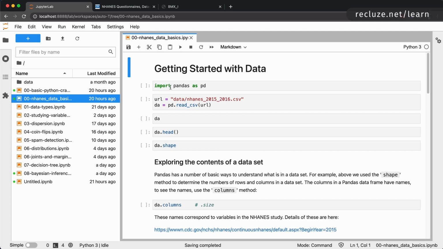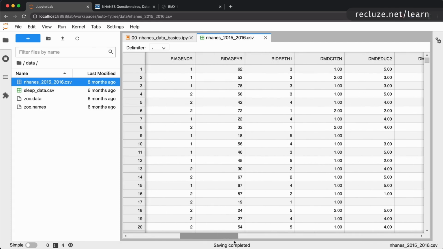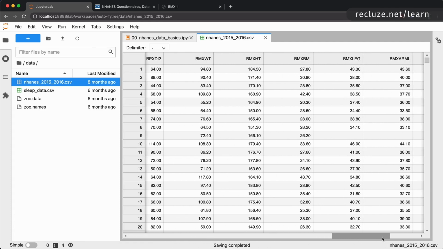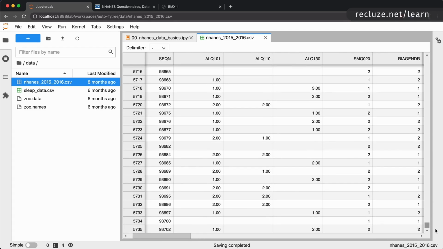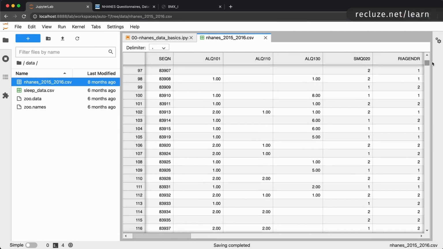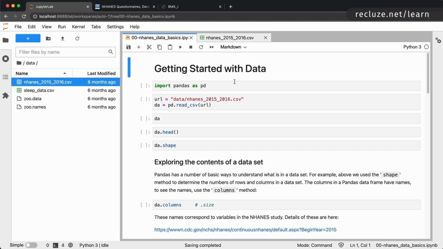We are going to load some data that is available to us in this CSV file. So if you go to the data and NHANES data.csv file over here, you will see that we have some information here. There are quite a few columns and approximately 5,500 rows. Okay, so this is the data that we have. The columns look really weird, but we'll explain what those are in just a minute. Let's first go ahead and load them into our code.